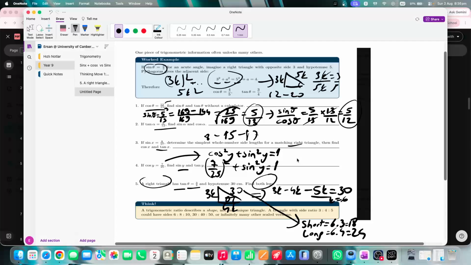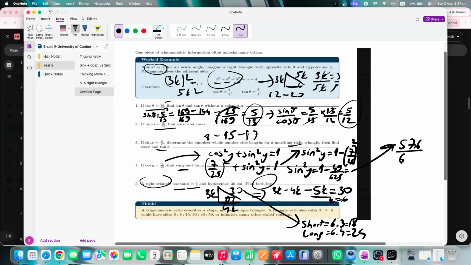So you can take it from here as well. So I'm gonna continue here. So sine squared y is 1 minus (7 over 25) squared. So then sine squared y is 1 minus 49 over 625. So this is gonna be something like 625 minus 49, which is gonna give me here